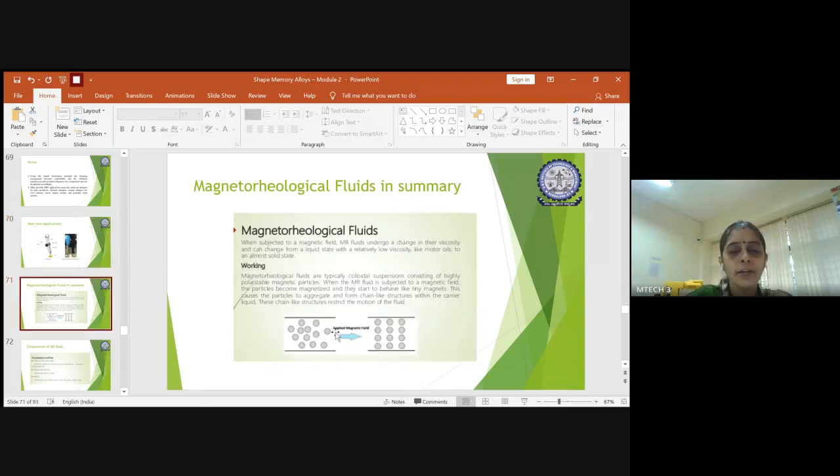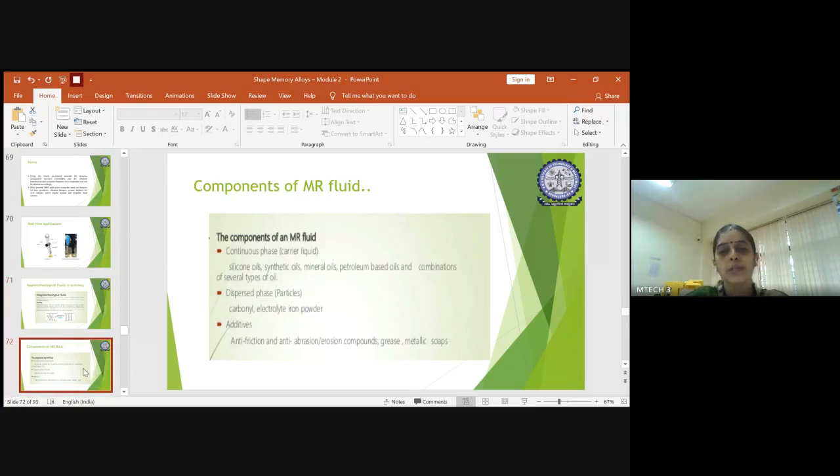So initially in MR fluid, you will be having a fluid, and these are the particles which will be associated in random. If you don't have these particles at all, then you will be having only the fluid. So if you apply the pressure, there will be some stress in the fluid to make the fluid move on, right? But when you add these particles, they will reduce the stress which comes in the fluid. Why? This pressure helps the fluid to arrange in a proper order when you subject it to a magnetic field in the direction opposite to the pressure. Due to this arrangement, there is a barrier for the fluid to flow, right? So that's what is being told over here.